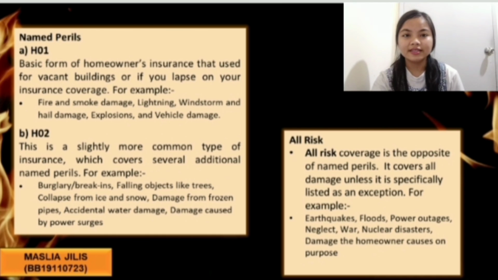All risk is the opposite of named perils, which covers all damage unless it is specifically listed as an exception. For example, earthquakes, floods, power outages, neglect, war, nuclear